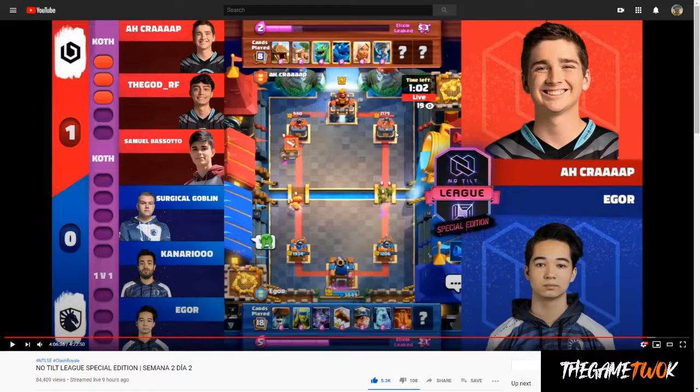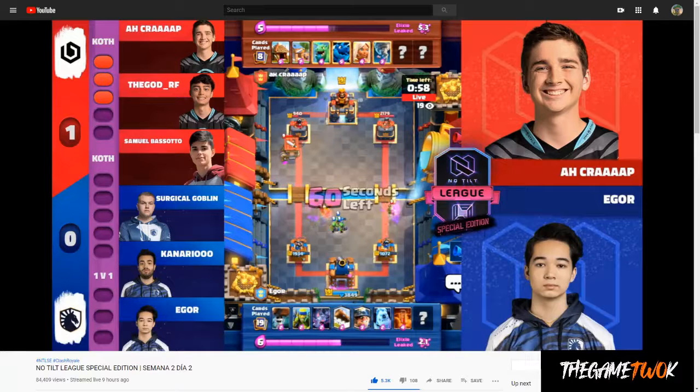Ah Craaaap has a choice. He can go to the left or the right side. So if you look at this case in terms of who's going to make the next call on where we're going in terms of our focus, I think it's Ah Craaaap to make the call on where we're going to go next. So we got a minute to go. Who's going to make the call? And it ends up being...